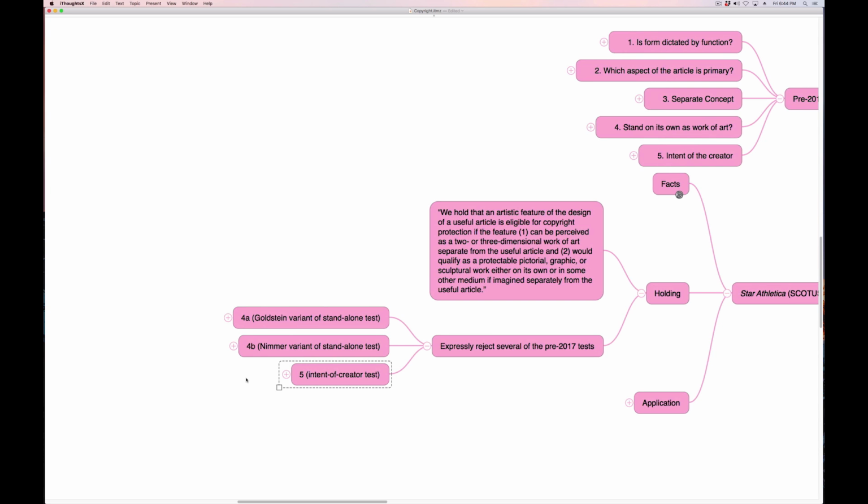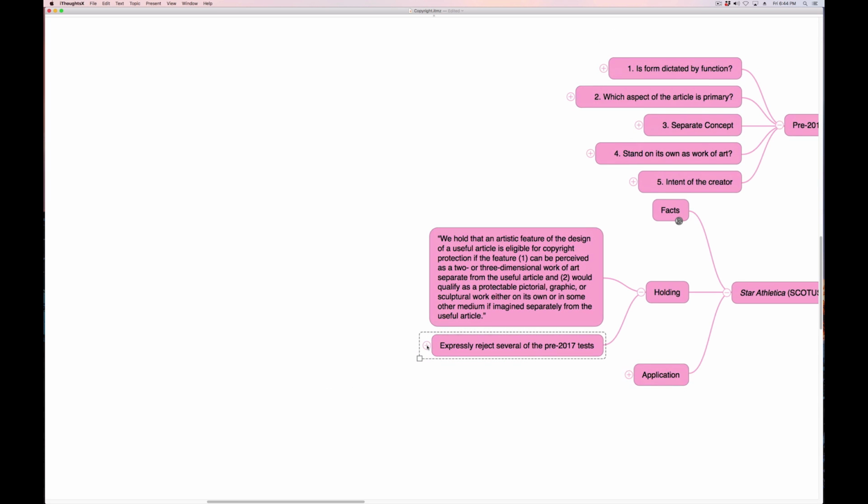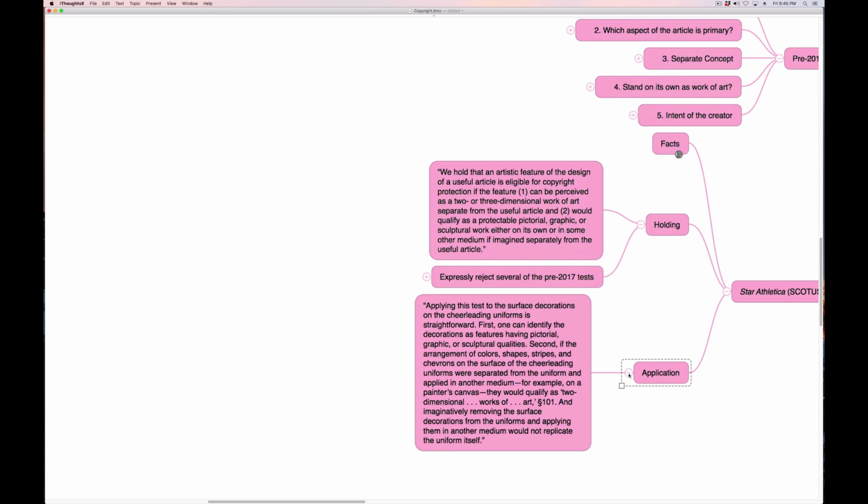Implicit in Thomas's opinion is repudiation of the other pre-2017 approaches. The application of this new approach to the facts of the case, just as Thomas contended, was simple. One can easily identify the decorations on the uniforms as features having pictorial, graphic, or sculptural qualities, thus satisfying Test 1. As to Test 2, if the arrangement of colors, shapes, stripes, and chevrons on the surface of the cheerleading